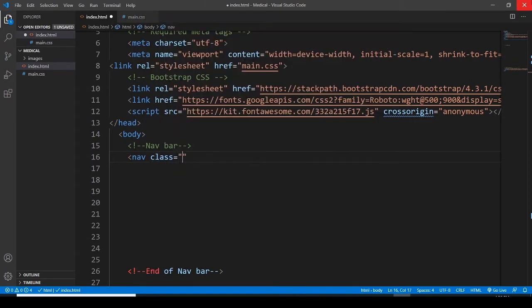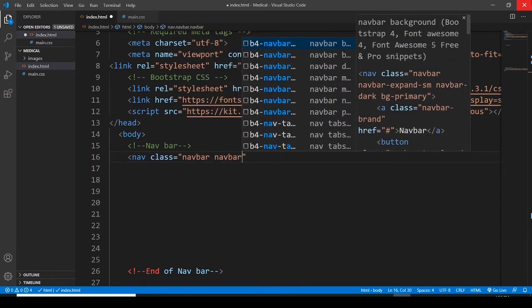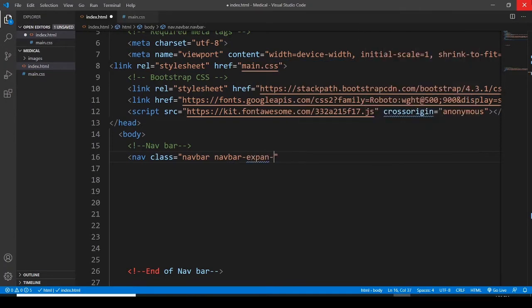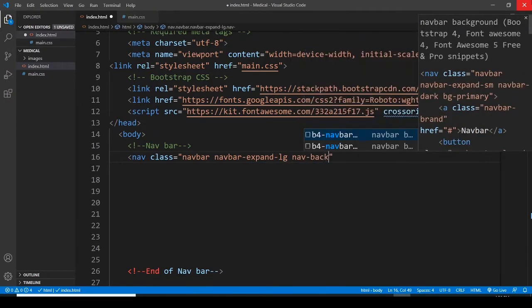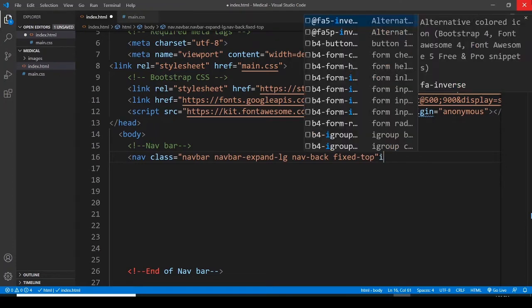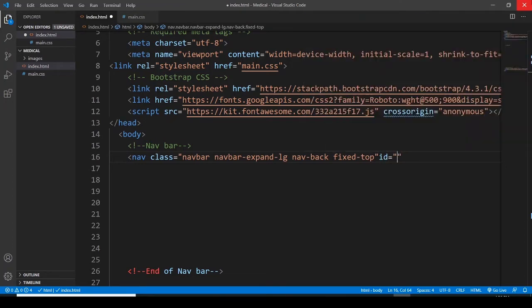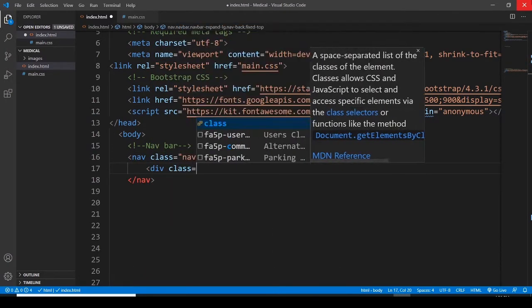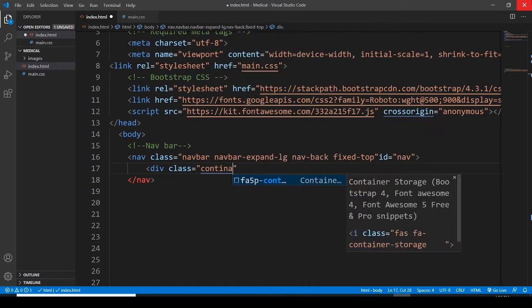assigning it a class, navbar, it's a Bootstrap class, then navbar-expand-lg, it is expand LG, and then this navbar, I'm going to use this in CSS, fixed top. I want to have an ID. This ID is going to be nav. Within this nav, I want to go with a division, assigning it a class, container,